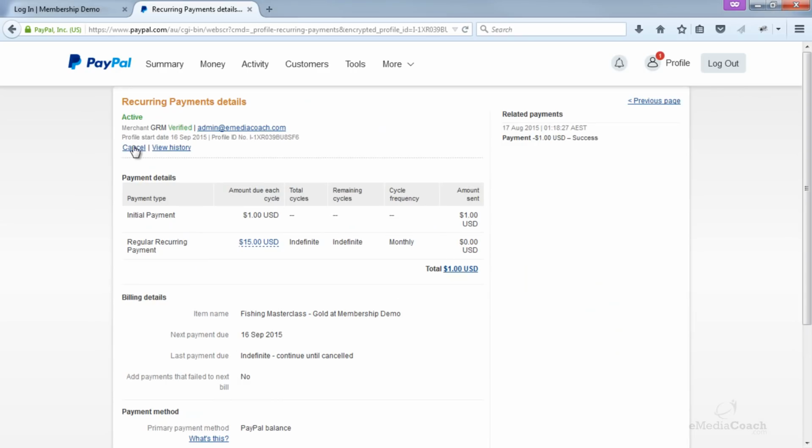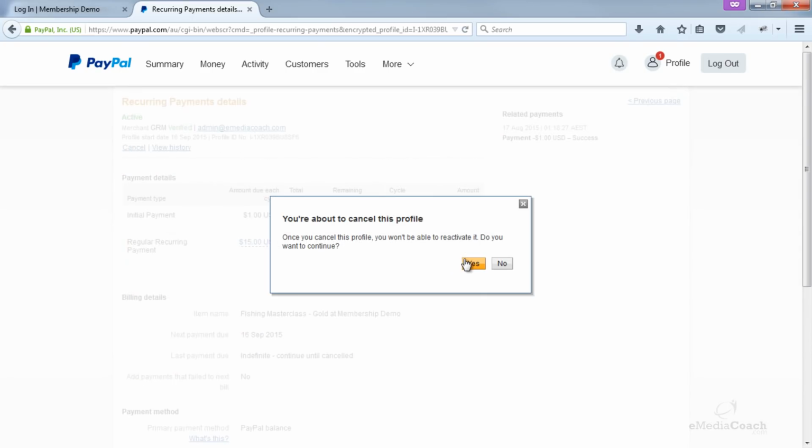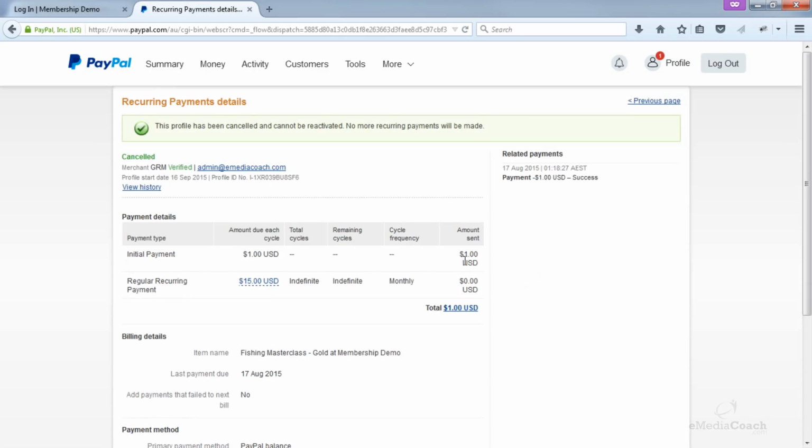There we go. That's the payment subscription, and I can click the cancel button here to cancel and stop any future transactions. There we go, this profile has been cancelled and cannot be reactivated. No more recurring payments will be made. So now as the user, that's all done. I'm logging out of PayPal.